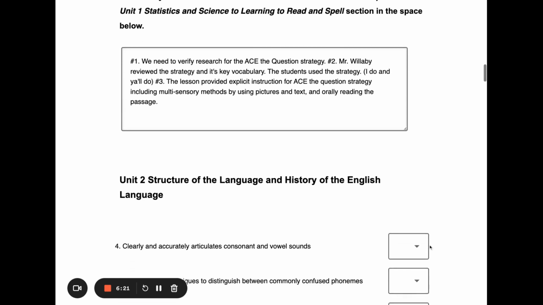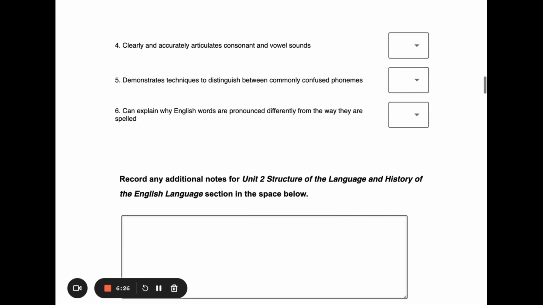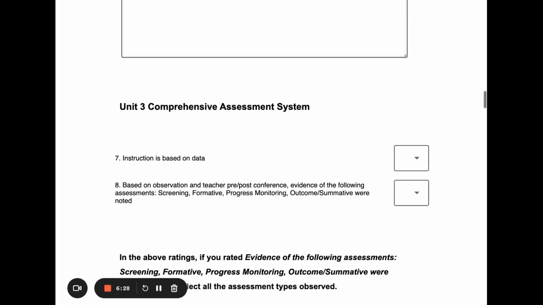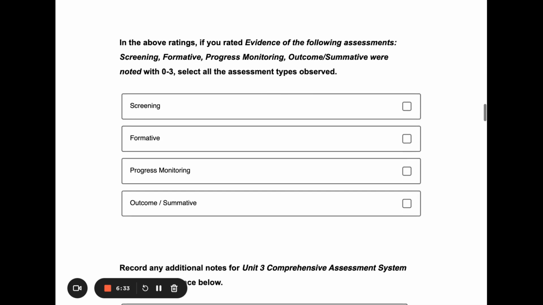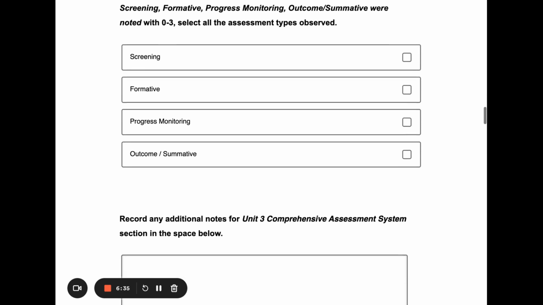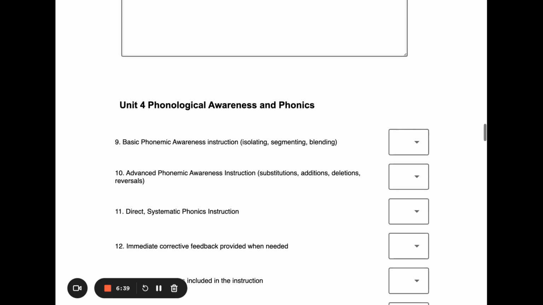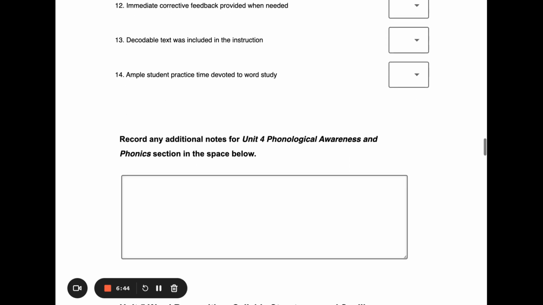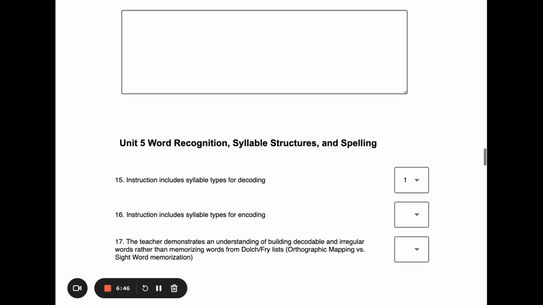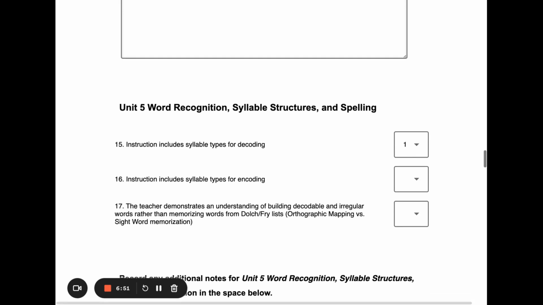We can move past the sections for the structure of language, comprehensive assessment system, phonological awareness, and phonics, because these were not components that we expected to see in this lesson. However, we could expect to see components of syllable structure, instruction, and spelling. We were able to identify a missed opportunity